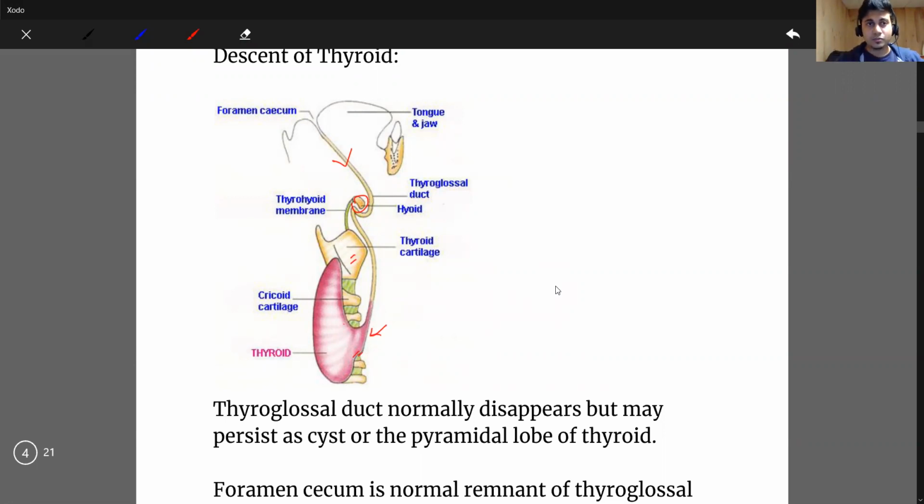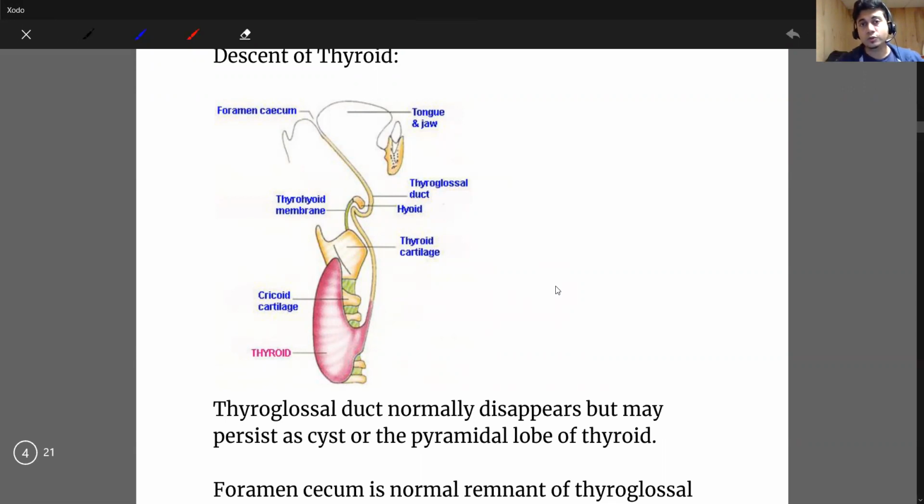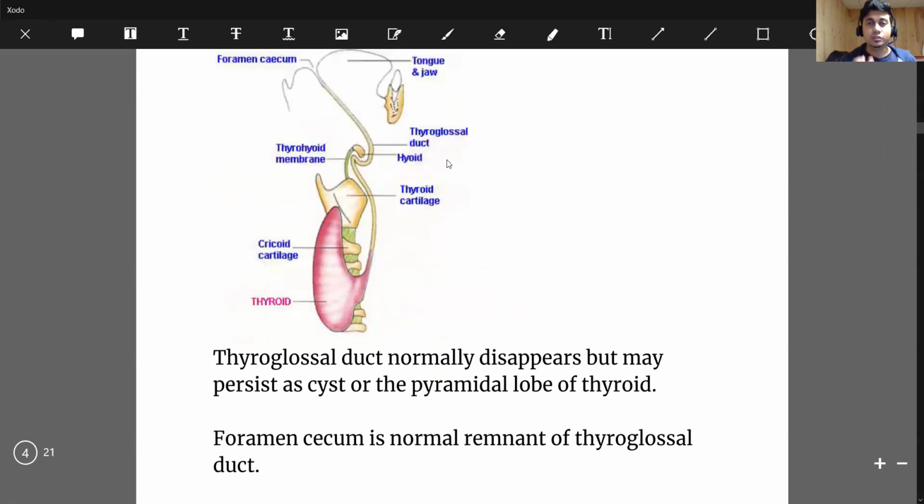Now, when this thyroid descends down, it has a duct that connects the base of the tongue with the thyroid. And this duct is called the thyroglossal duct. This is the thyroglossal duct. Usually it disappears, but sometimes it may remain as a remnant, or it may form into a cyst. Or sometimes you find it as a middle lobe or a pyramidal lobe of the thyroid. It means this whole thyroglossal duct usually disappears. But if it remains,